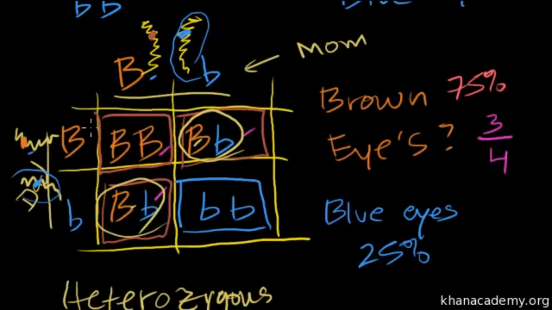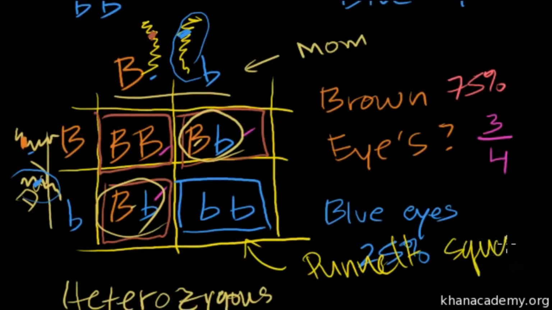In the last video, I drew this grid in order to understand better the different combinations of alleles I could get from my mom or my dad. And this grid that I drew is called a Punnett square. And I looked up what punnet means, and it turns out, and this might be the biggest takeaway